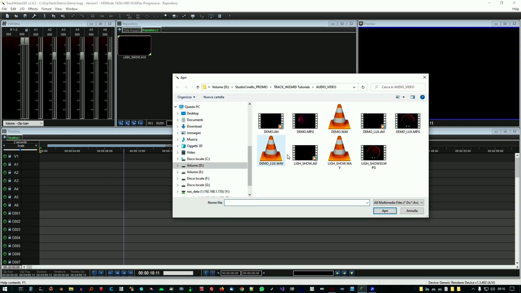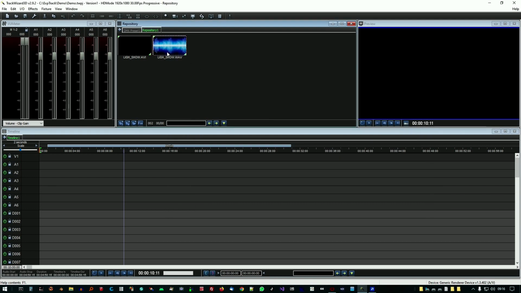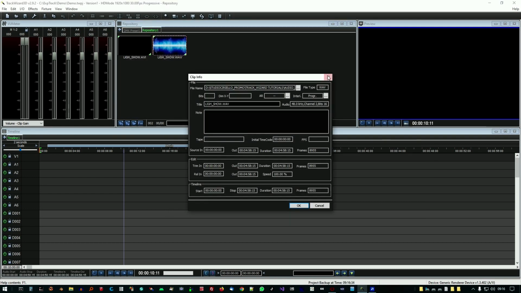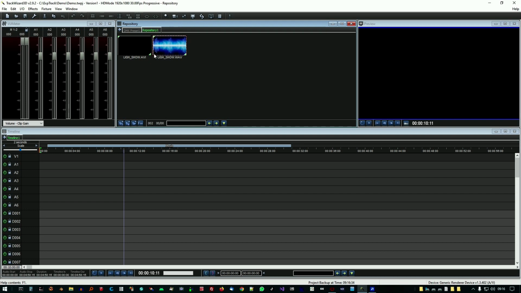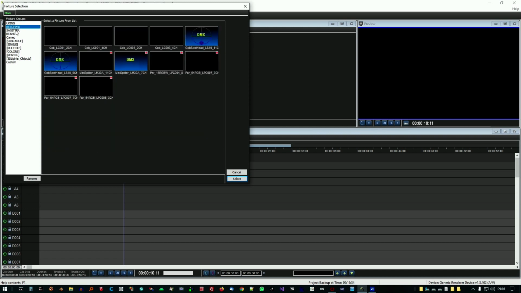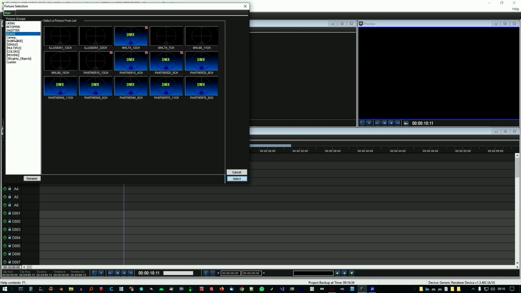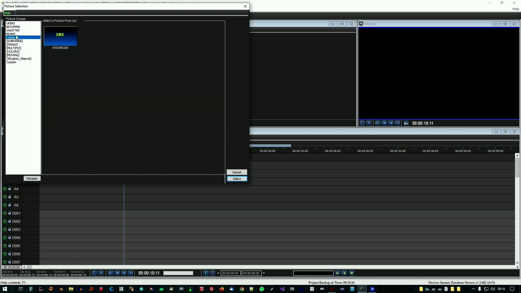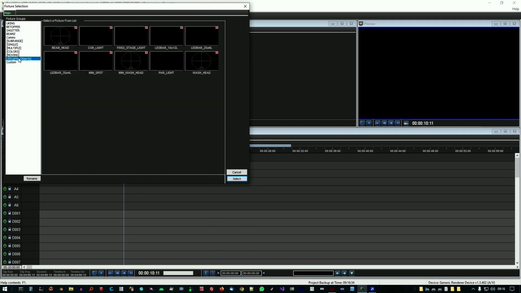Let's import an audio file. We select the fixtures of the DMX devices that we are going to use in the project. Each DMX device has its own fixture which will be used to control specific DMX channels. By clicking on the Fix button, the window with the device libraries installed on the system is shown. We select the device from the library based on the brand and type. In this example, we will use generic devices to load into the project.